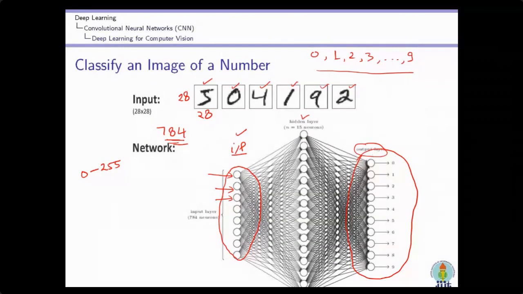Now I have connected all the input layer neurons to the hidden layer neurons, and to the output layer neurons. Such an architecture, where every neuron in the previous layer is connected to every neuron in the next layer, is known as a dense layer. Input is connected to the hidden layer: all the inputs are connected to all the hidden layer neurons, and all these hidden layer neurons are connected to the output layer neurons. These are the dense layers.